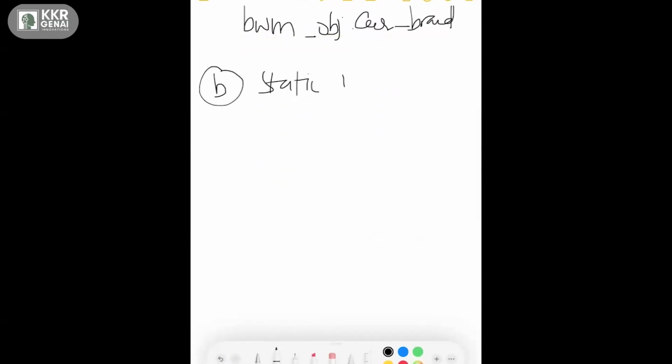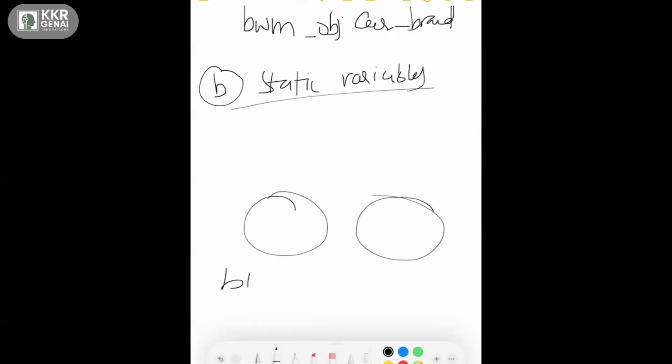Now let's talk about static variables. I have a requirement. Let's say you have two objects, one BMW object and a second, a Tesla object. For all the objects that are present, I want one or two variables which are common.